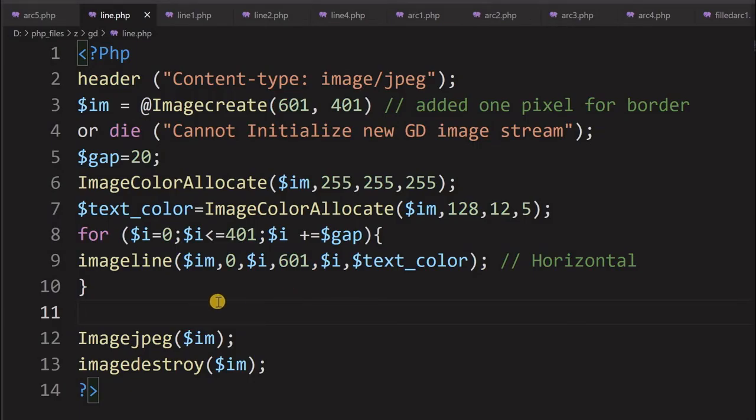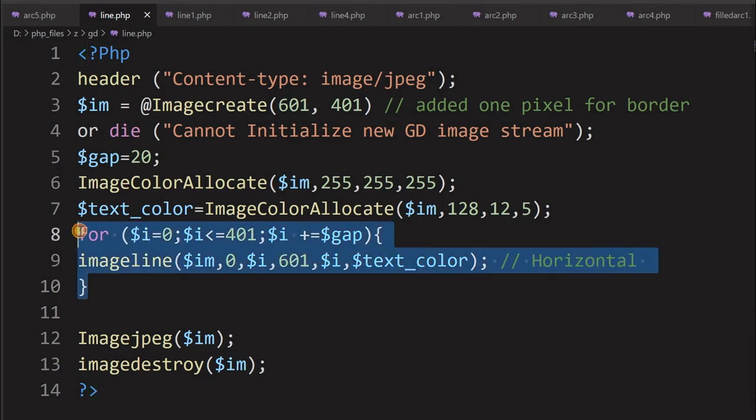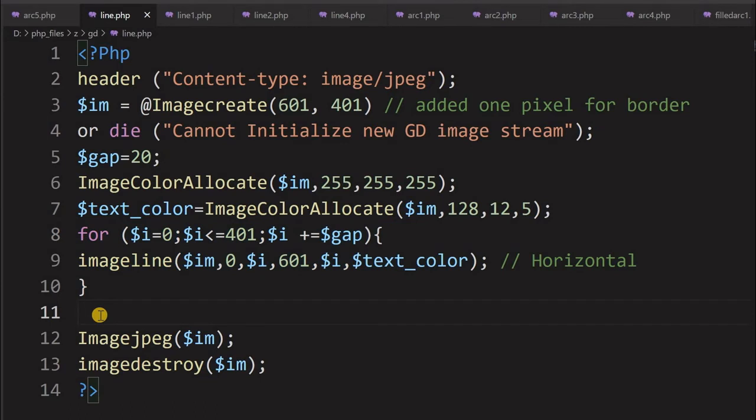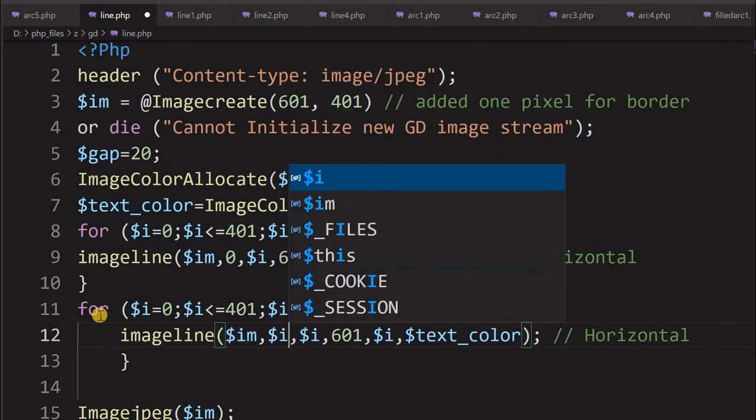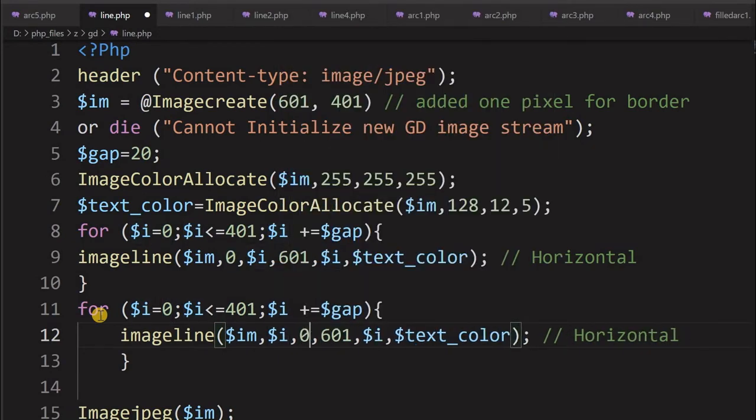Now let's start a vertical line. We'll make a cross, so we'll use a vertical line now. We'll add to this. So I am just placing it here. Just copied the for loop. Let's use the 0 again. Continue $i. Now here, when you are going for a vertical, our x will be $i. Then y is 0.